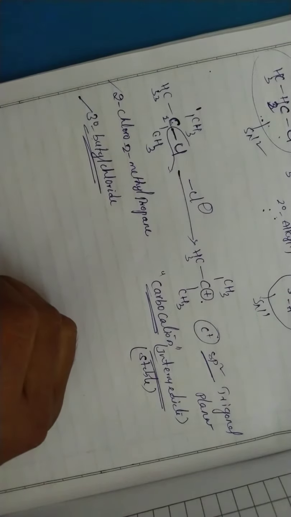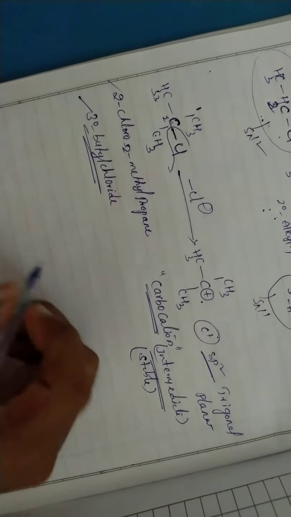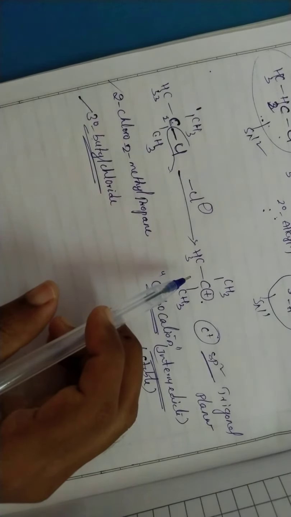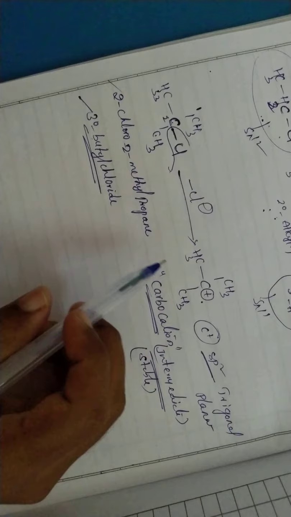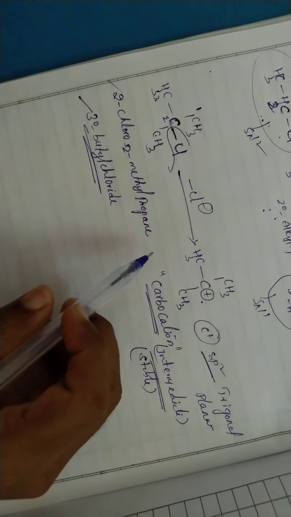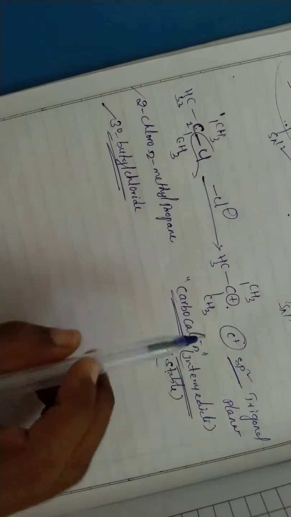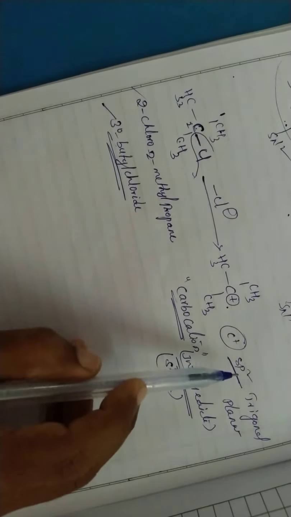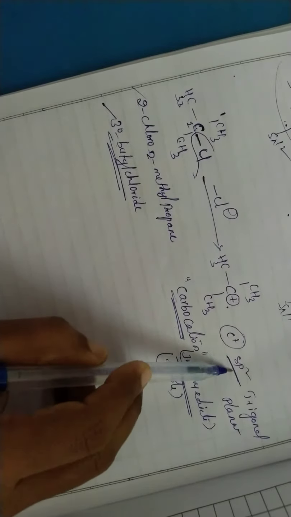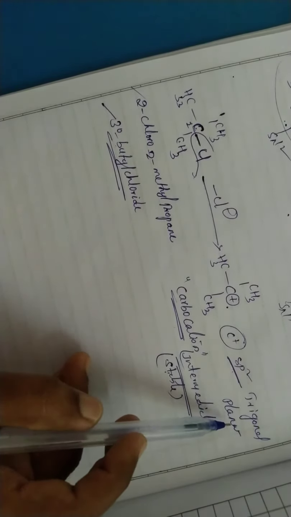In first semester we discussed the inductive effect, and the stability of carbocations. Generally tertiary carbocations are more stable than secondary, and secondary carbocations are more stable than primary. Why? Because of the plus I groups, or with the help of hyperconjugation we can also explain the stability of tertiary carbocations. These were studied under the first semester topics. So here we are getting the stable intermediate, the carbocation, whose hybridization is sp2 and shape is trigonal planar.